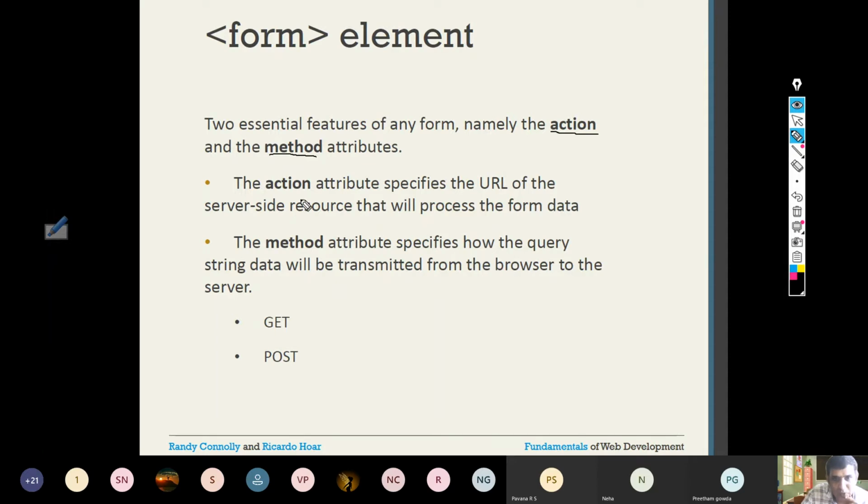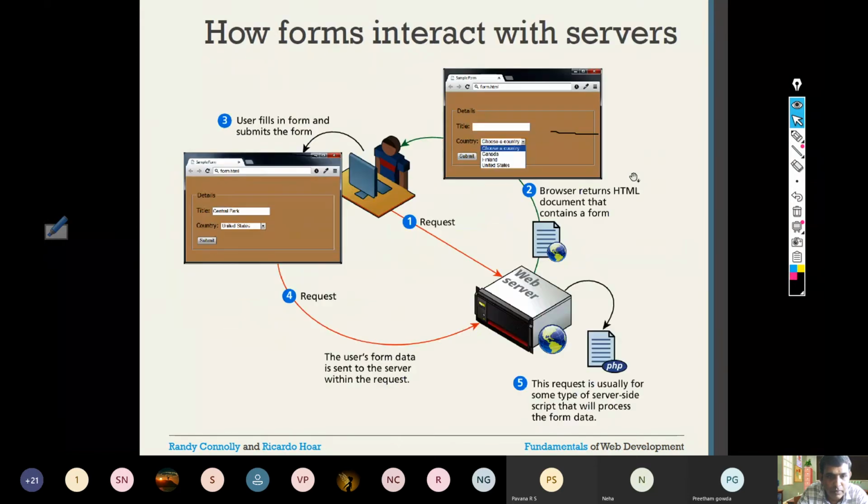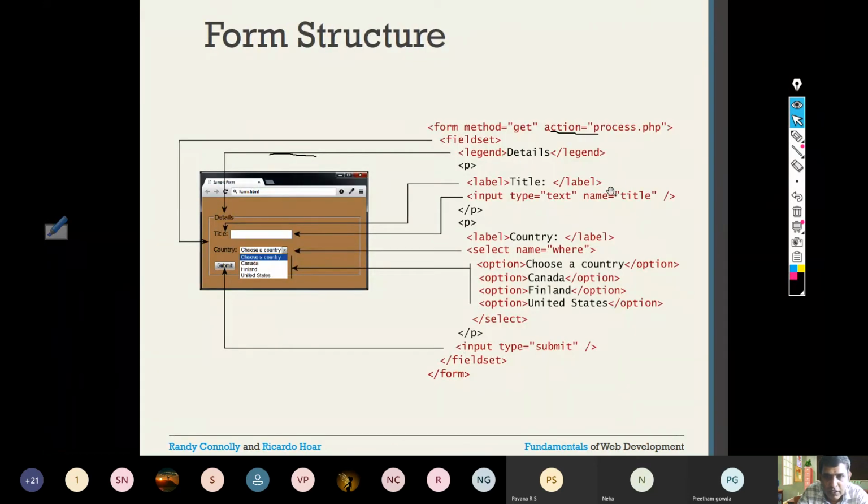So what does the action attribute specify? The action attribute specifies the URL of the server-side resource that will process the form data. Be clear here. If you have seen the previous form, let me show you here. You can see action process.php. So what is action? It's an attribute, in which tag? In the form tag.